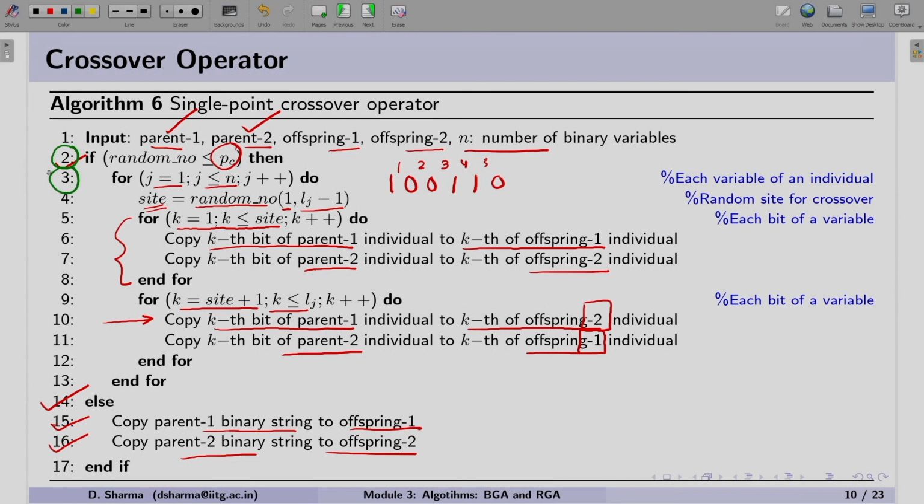However, at some places you may find that you can actually swap these two loops, meaning that for every variable we create a random number and decide whether we go with the crossover or not.